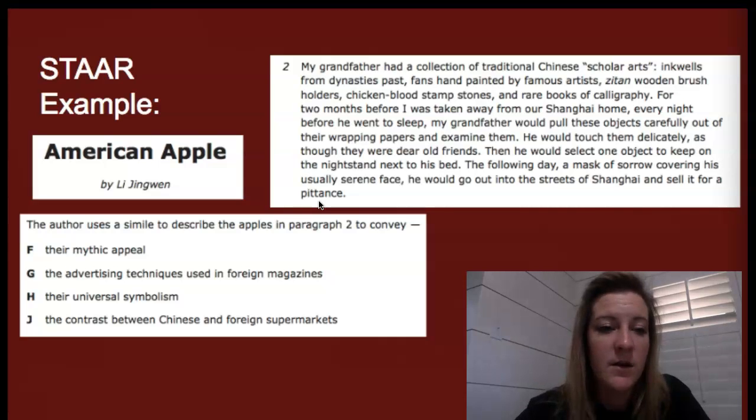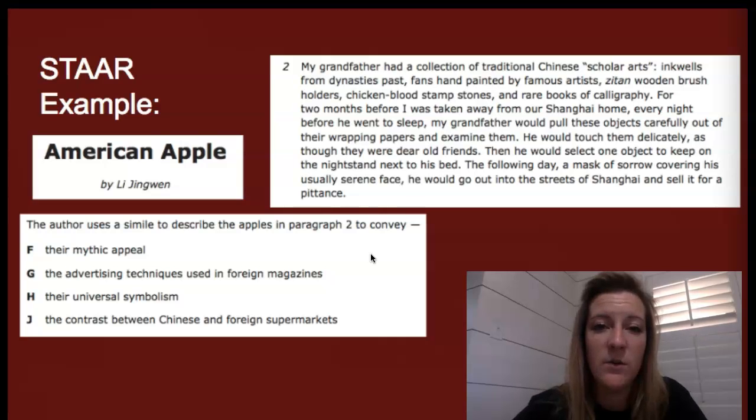Okay, so we're looking for the simile, and it is right here. He would touch them delicately as though they were dear old friends. So again, a simile is comparing two things with the word like or as. So "them" is the objects, as referred to in this question. We're trying to figure out what that shows and how that can connect to the historical or cultural aspect of this